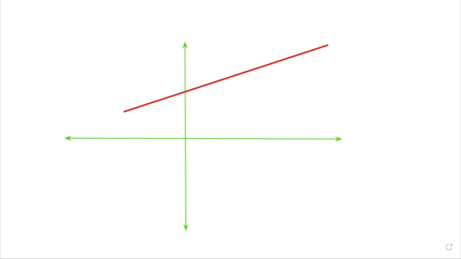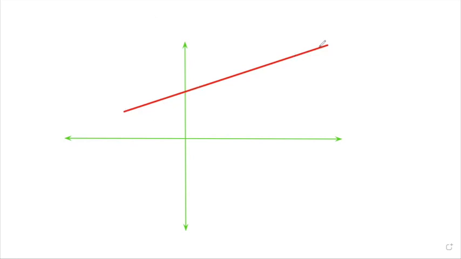And how can we tell someone to draw the same line without showing them a picture? How can we write down an equation, and with that equation that person should be able to draw this line, right? So that's what we call the equation of a line.